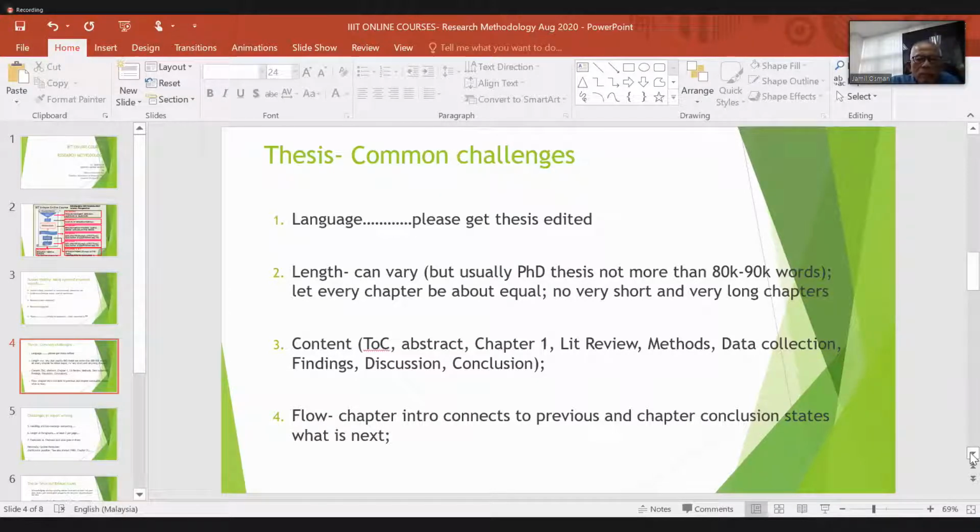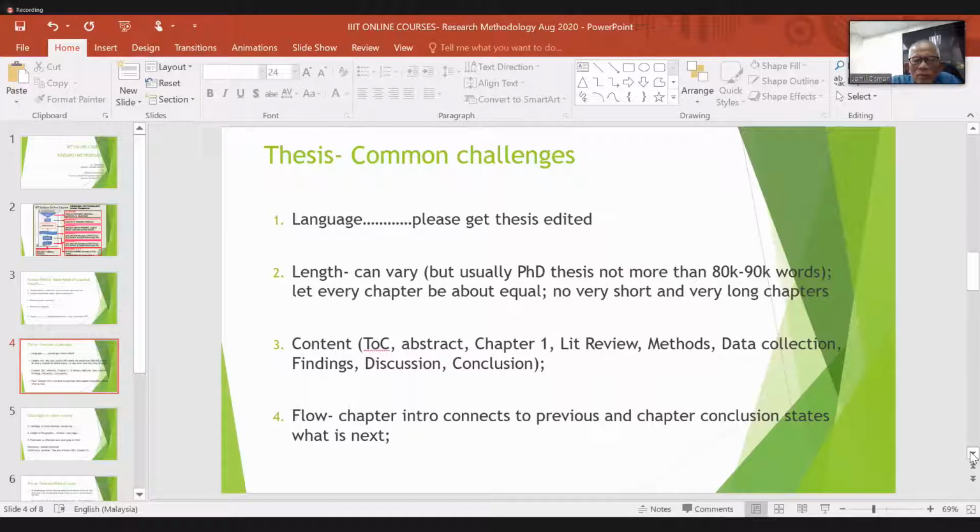In terms of content, I believe the previous slides by Haji Shaaya have already mentioned. Those will, in a way, decide the number of chapters that you have and the content, a table of content, the abstract. Your chapter 1, of course, is the chapter which I do not know, Dato and Haji. In my experience, chapter 1 is always written almost at the end. You write a chapter 1 in the beginning, and then you do your thesis. More often than not, at the end of the day, you will come back and have to revise chapter 1 because your thesis may have moved in a slightly different direction. So you have to come back and make modifications.